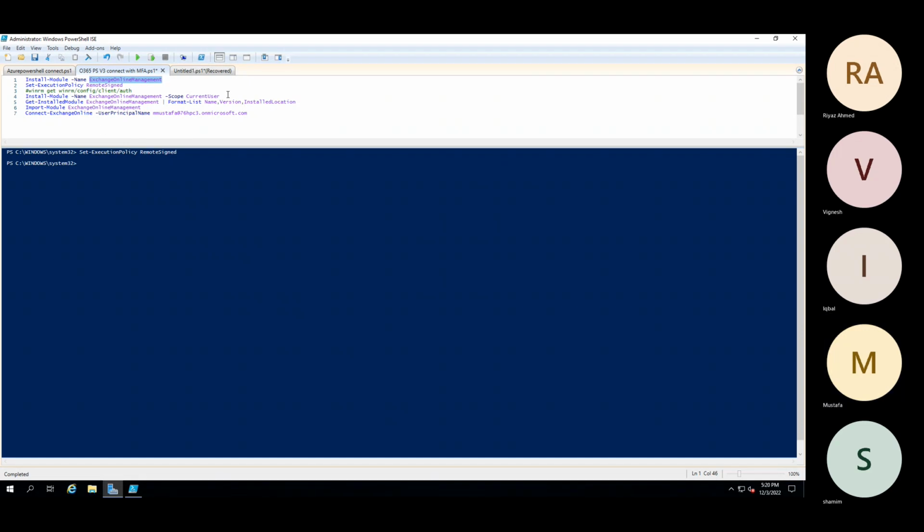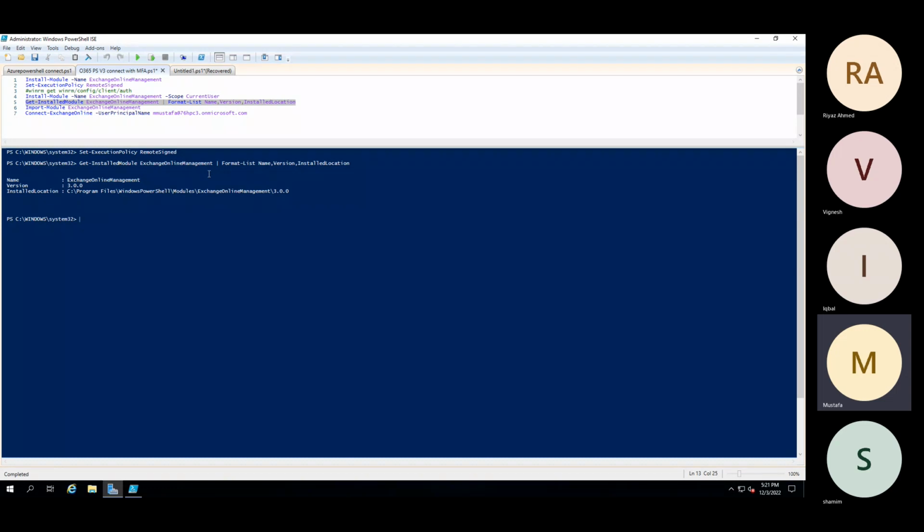Okay, और ये वही कमांड है, Install-Module ExchangeOnlineManagement -Scope CurrentUser, so you can run from here. Okay, एक एक करके रन करो, फिर ये जब रन होने के बाद उसके बाद अपने को देखना है कि इंस्टॉल हुआ क्या। तो ये मैं रन करूंगा, Get-InstalledModule ExchangeOnlineManagement. ओके, सो ये बताएगा हाँ भाई एक्सचेंज ऑनलाइन मैनेजमेंट है, इंस्टॉल्ड है, उसका वर्जन है और वो यहाँ पर स्टोर्ड है, ठीक है।